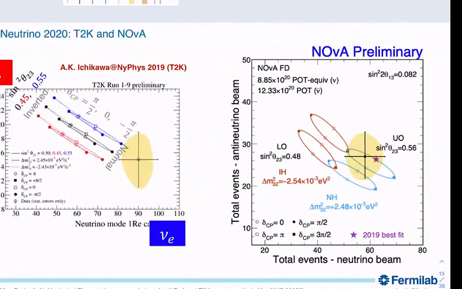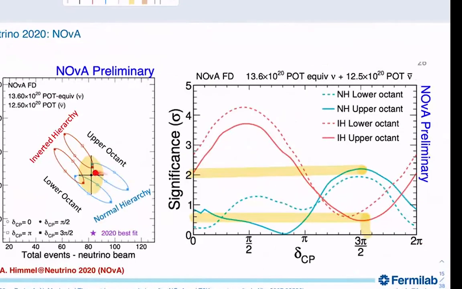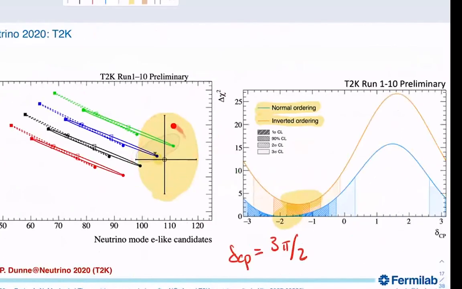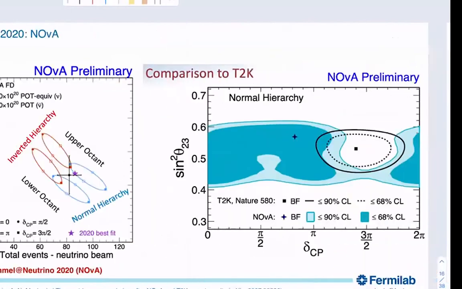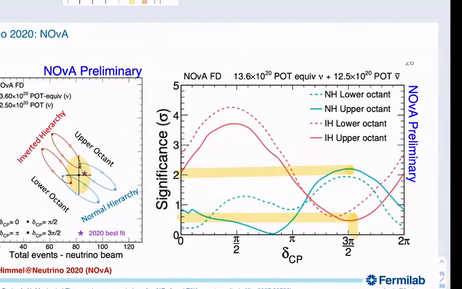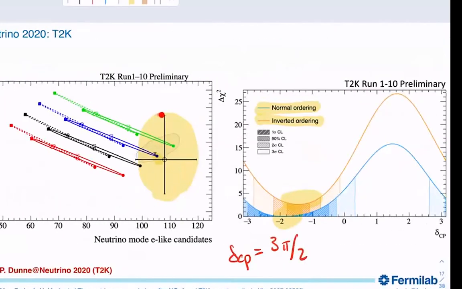Now, not only did NOVA move closer to the inverted ordering, and now inverted ordering is perfectly compatible with NOVA, but T2K also moved. Let me show you T2K. I apologize for these things being so far away, but you see here, you're probably 2 sigma away from inverted ordering in the old T2K data. But with this new data, you're actually almost touching it. So inverted ordering is not so bad anymore, okay?